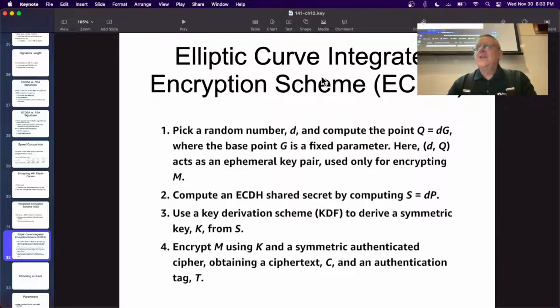So here's the integrated encryption scheme. Pick a random number D, calculate the public key Q from D of G, then compute a shared secret by combining D times the public key of the other person. Now use a key derivation scheme to make a key from that, as we've done before, and then encrypt things using a symmetric authenticated cipher like AES or AES with an authentication tag. Now you're ready to send messages